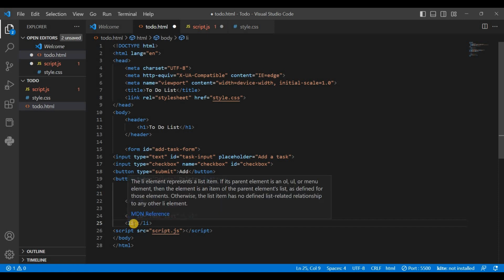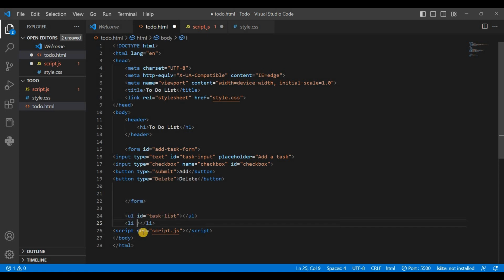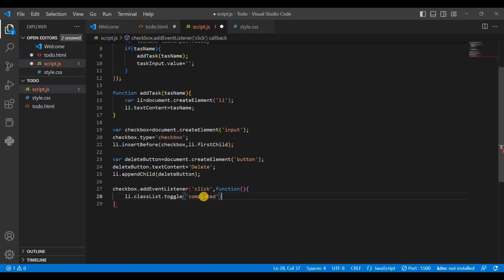I'm providing the ID to my test task. Now complete. Just copy and paste it here. For my verification, I just copy and paste it here. I need to